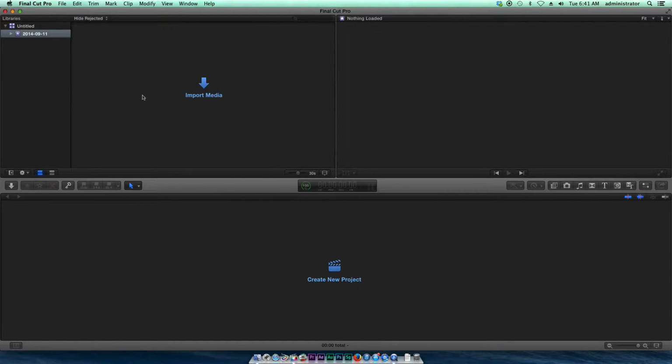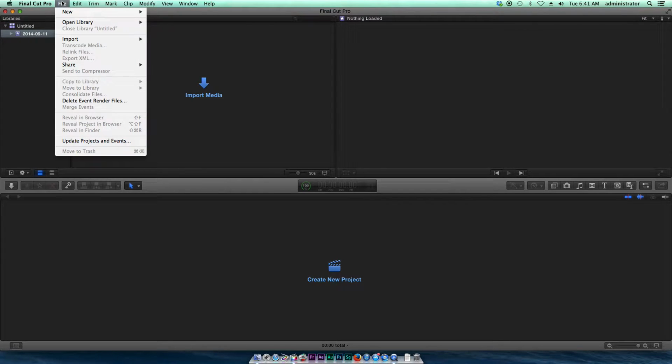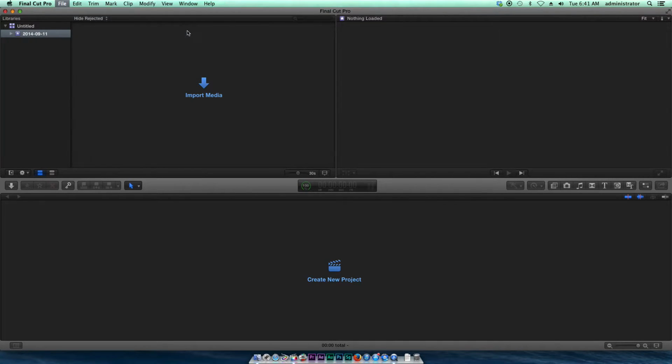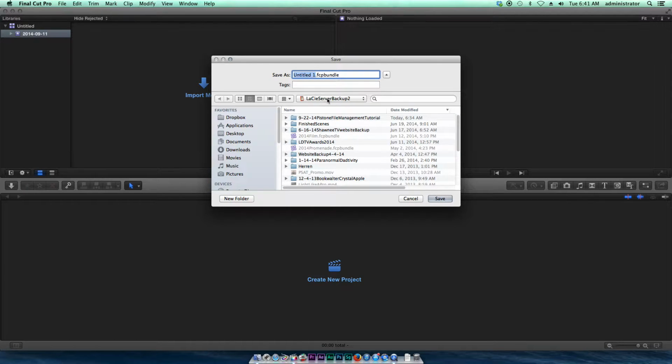Once Final Cut Pro opens, it has to have a library. So it currently has an untitled library the first time that you log in. What I would ask you to do is create a library and then delete this library. This library is pointing to your movies folder on your machine, and we want to make sure that we're saving to a C drive. So we're going to say File, New, Library, and you're going to save this on the